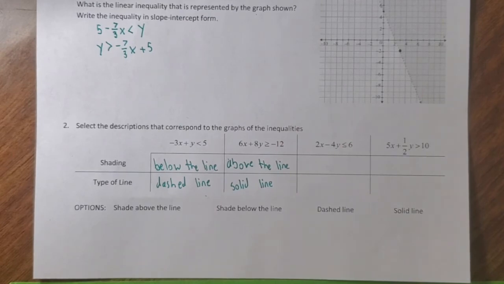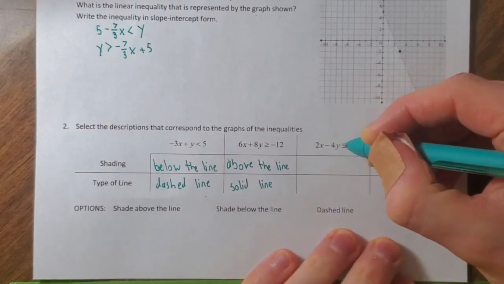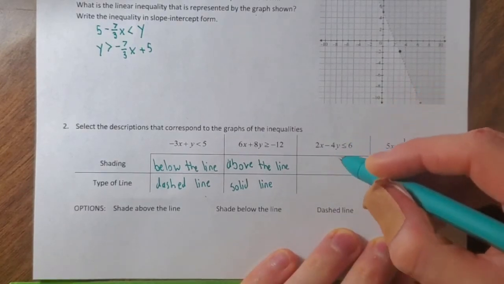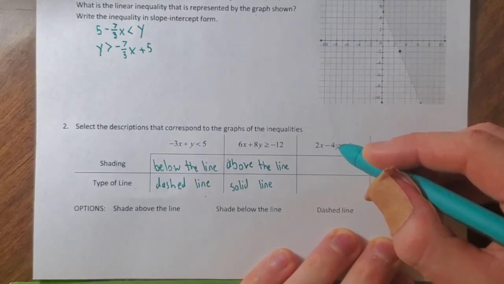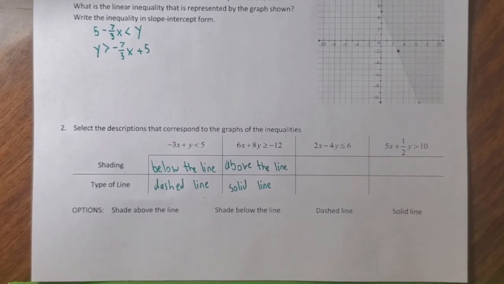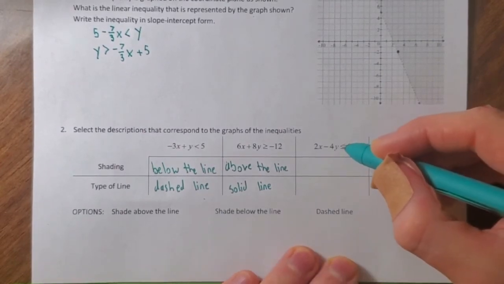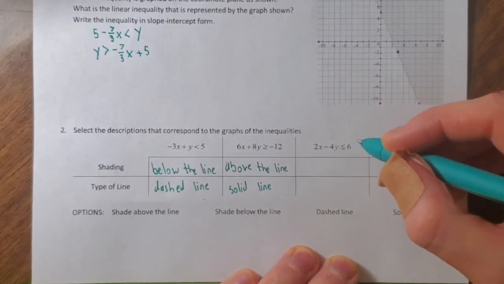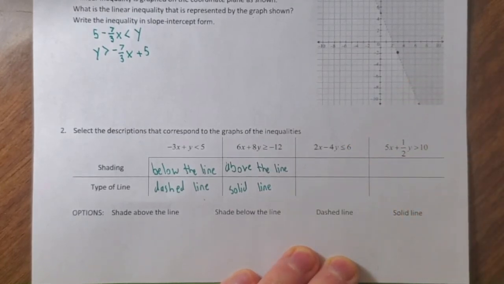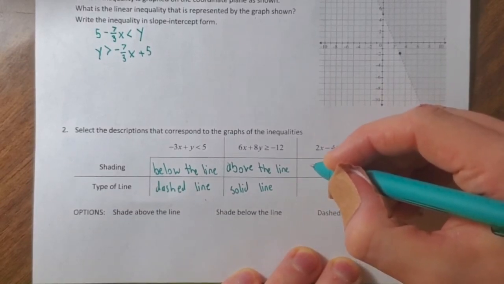Okay, so for this third one we have here, it's a little trickier, where initially it appears that we have a y is less than or equal to sign, but we know when we're isolating for this -4y, we're going to need to divide at some point both sides by our -4, which is going to flip the direction of this sign here. So this will eventually become y is greater than or equal to,